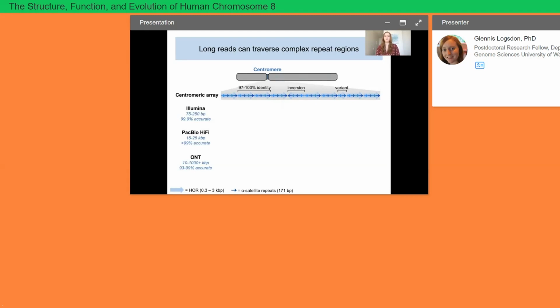So if you're an Illumina short read, you're probably somewhere between 75 to 250 base pairs long, but you're really, really accurate. You're over 99.9% accurate. With a short Illumina read, we can place this read here, but because it's so short, it doesn't capture this complex genomic variation that we would need in order to span a centromere. So the same read could be placed here,